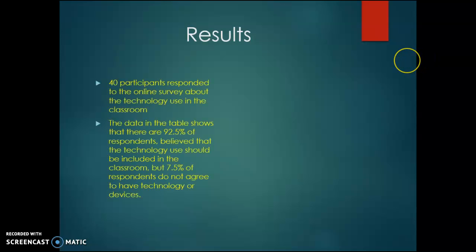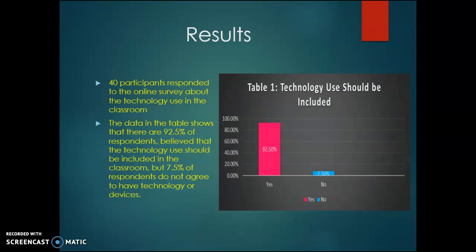So here, 40 participants had responded to the online survey about the technology used in the classrooms, and each participant has a different opinion. The data here shows that 92.5% of respondents believe that technology should be included in the classroom, but 7.5% of respondents do not agree to have technology or devices, which I'm going to explain along with the other